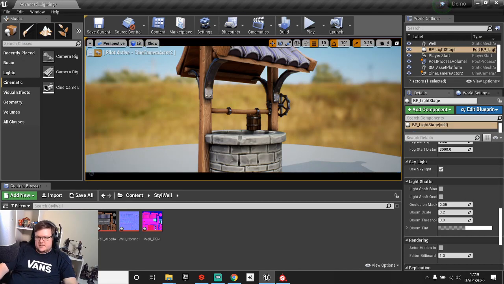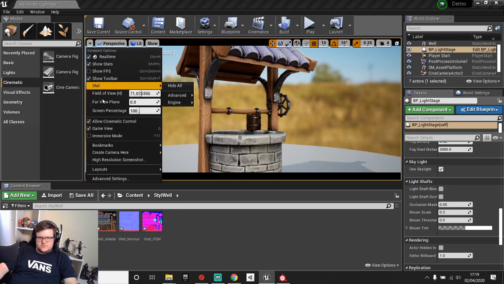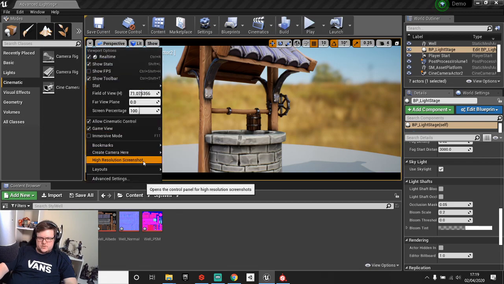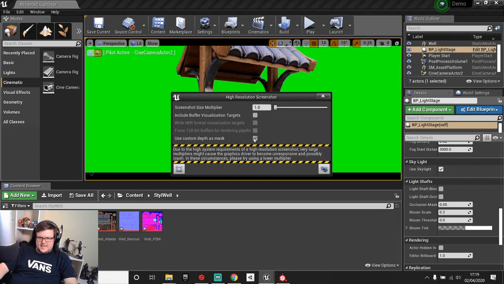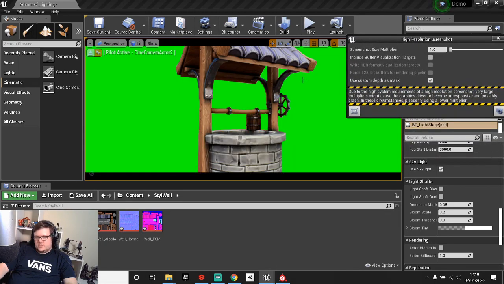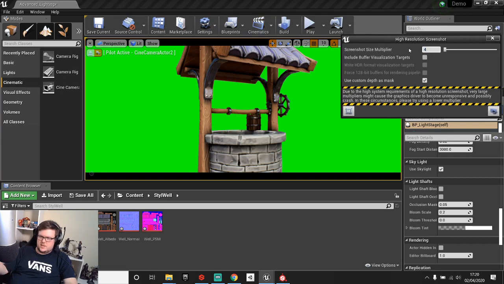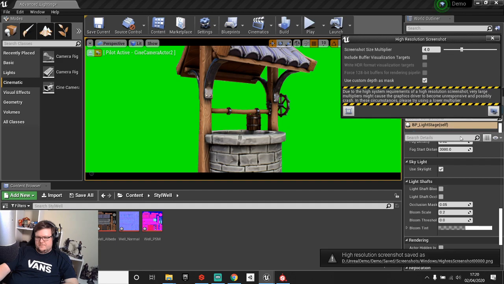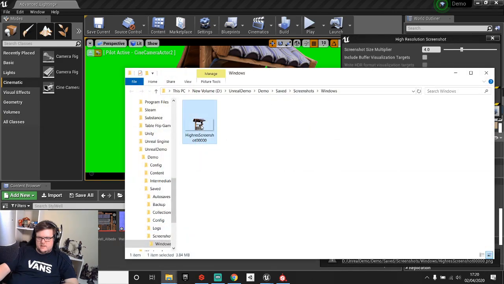I'm just going to press G to get rid of all the game assets. I'm just going to come up to here and go to screenshot, high resolution screenshot, and I'm going to tick here. It actually creates yourself a green screen. And if I change this to 4, it gets roughly around a 4K image. Hit take the screenshot, and then if I find it here,